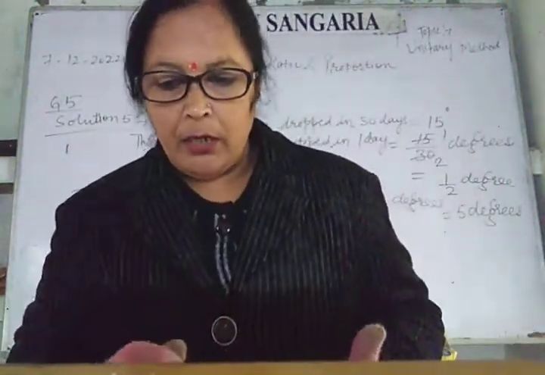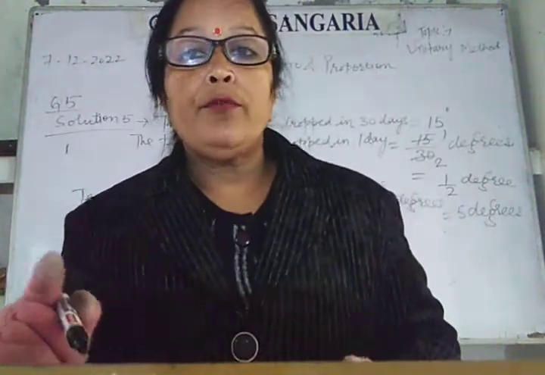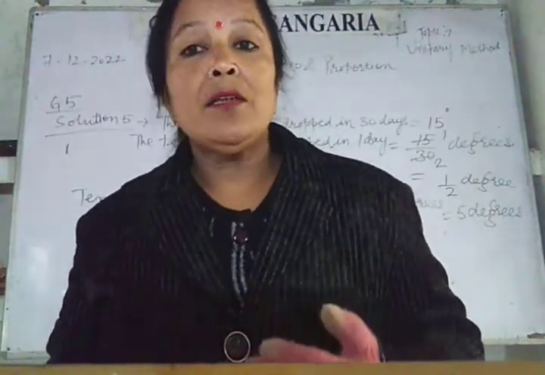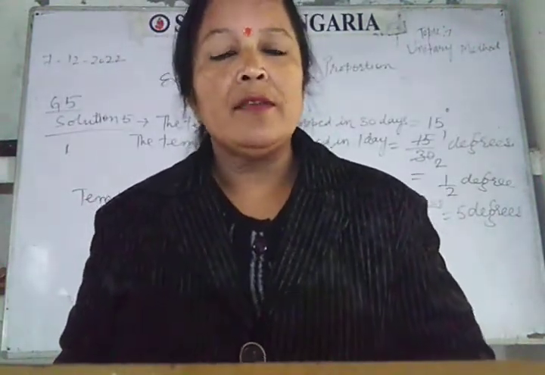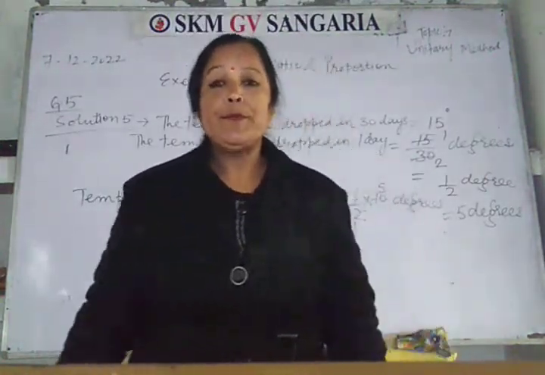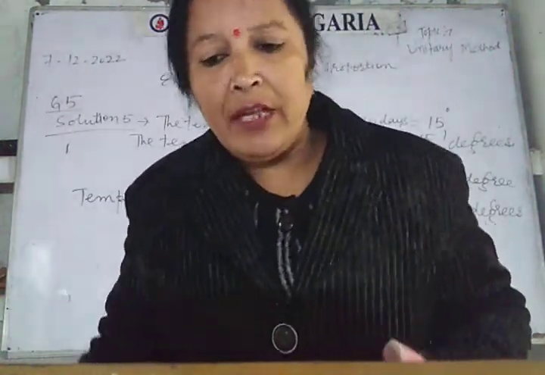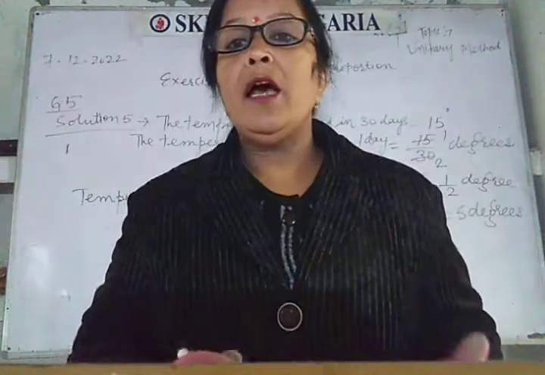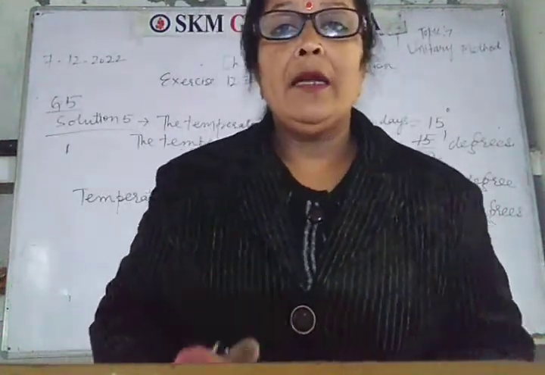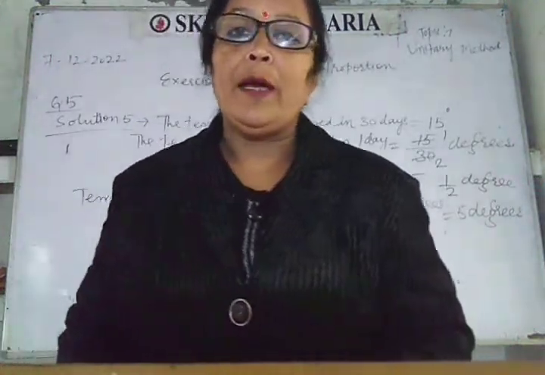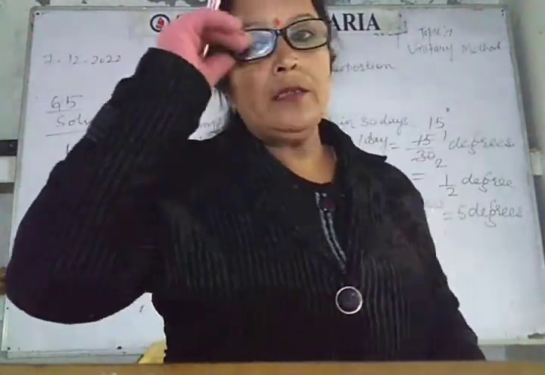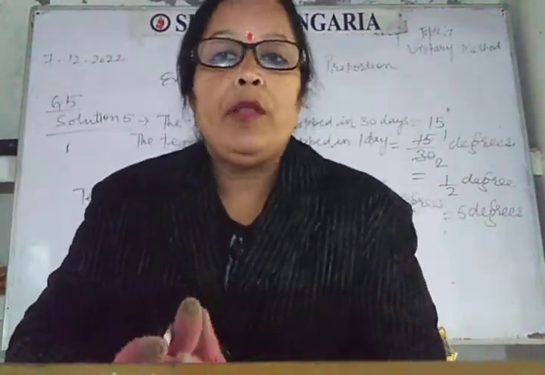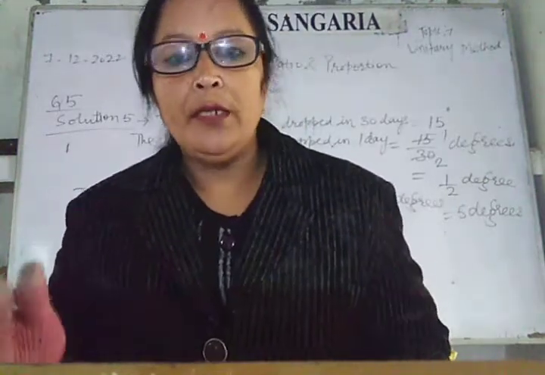And if you have the rent for 1 month, you can calculate the rent for the whole year. Whole year means in 1 year there are how many months? 12 months. So after dividing 7,500 by 3, you will find the rent for 1 month, and that rent for 1 month will be multiplied by 12 because in 1 year there are 12 months. In this way you will calculate, the answer will be rupees 30,000. Okay. You will do it yourself.